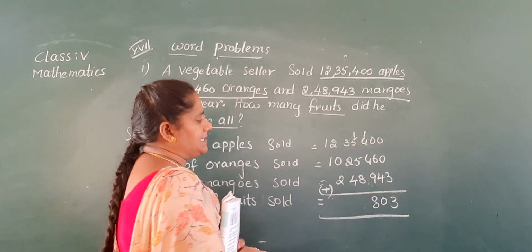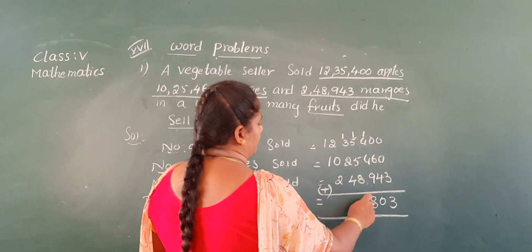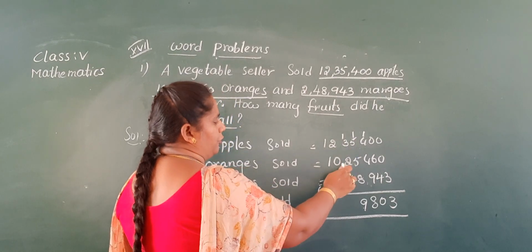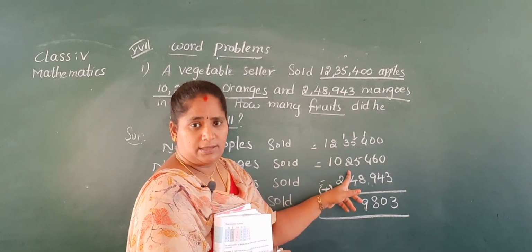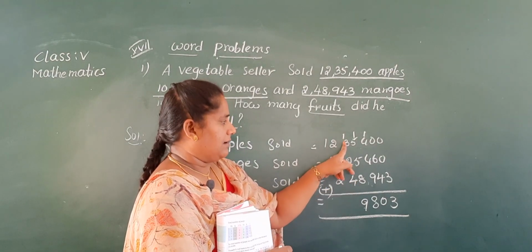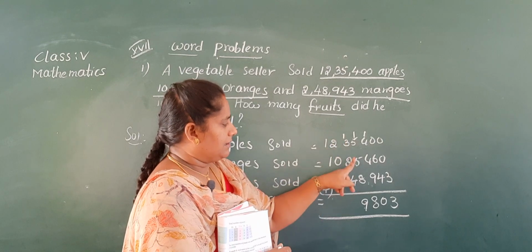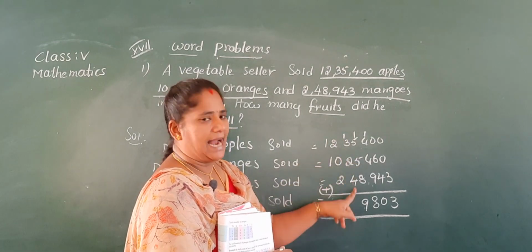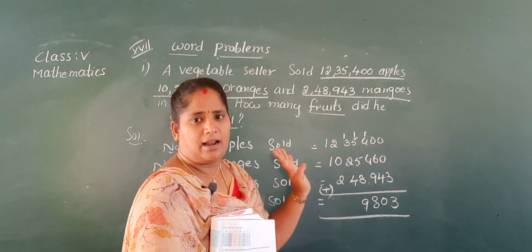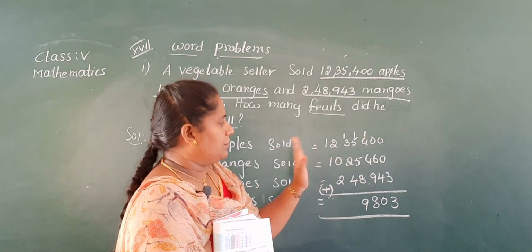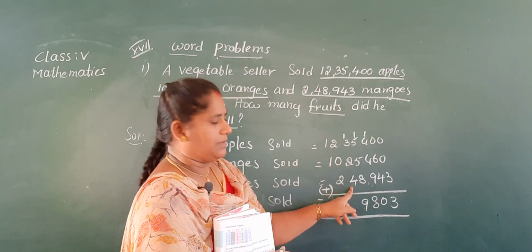1 plus 5, 6. 6 plus 5, 11. 11 plus 8, 19. 1 plus 3, 4. 4 plus 2, 6. 6 plus 4. So my dear children, you have to add all the digits in that row. See, 1, 3, 2, 4. So in this line, there are 4 digits, Nana. So you should add all the digits. Some children may forget to add one number, then they get the wrong answer. So you have to add all the numbers, Nana.